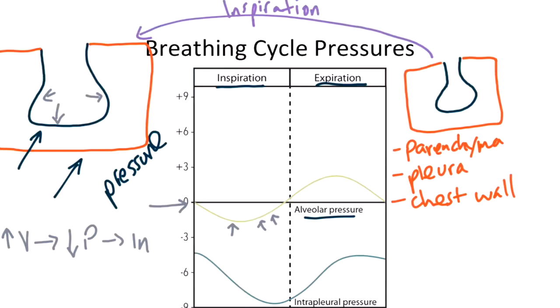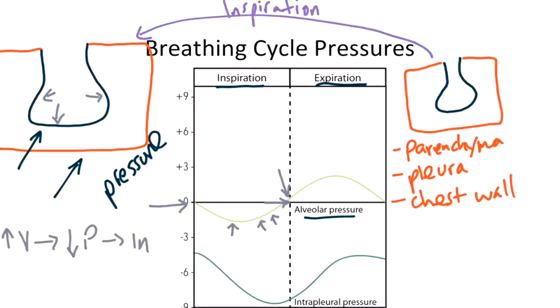At maximal inspiration, which is right here, more air enters the alveoli, causing the pressure to increase until the air in the atmosphere and the alveoli are equal again. So as we can see, during maximum inspiration, the pressure is at 0. This makes sense. The pressure gradients have been equalized, which is why additional air cannot enter the lungs at